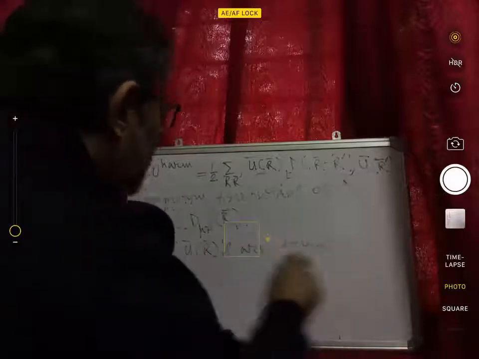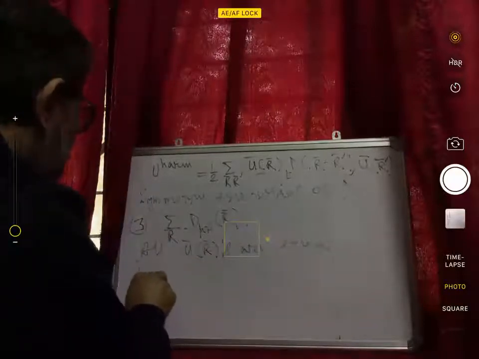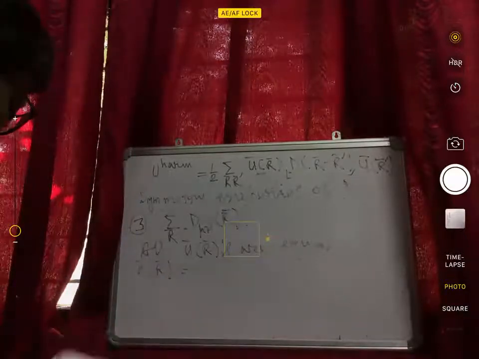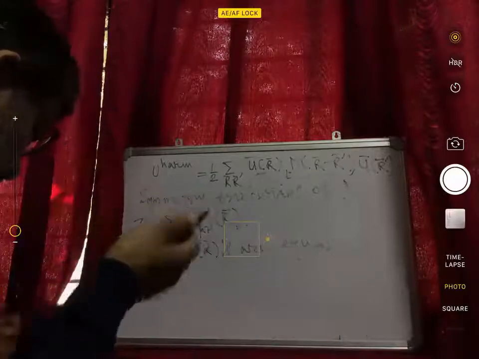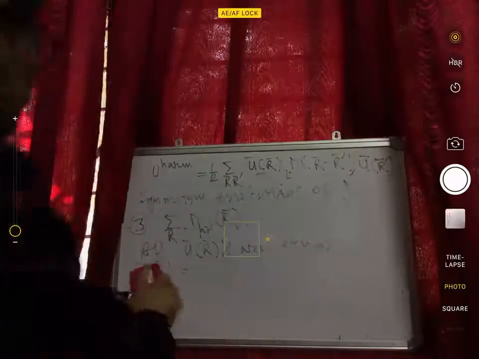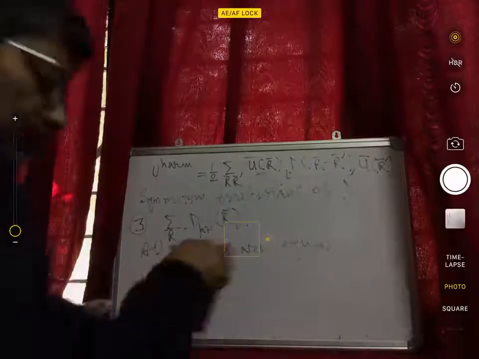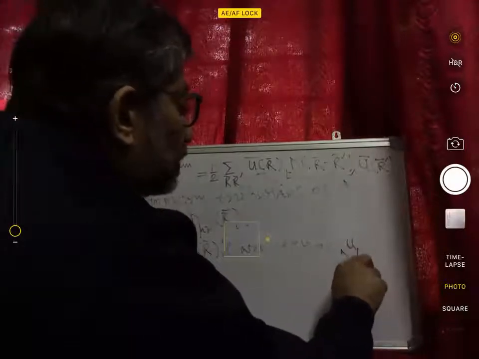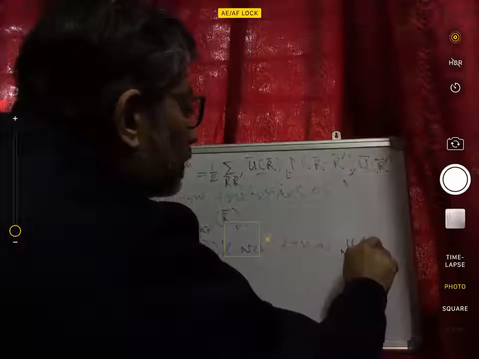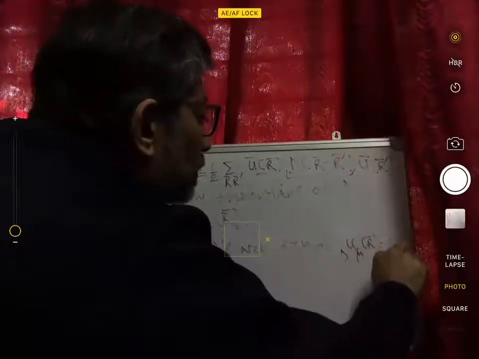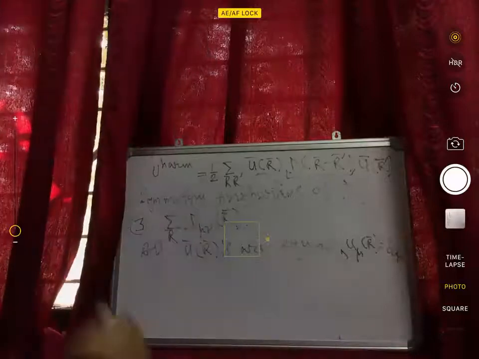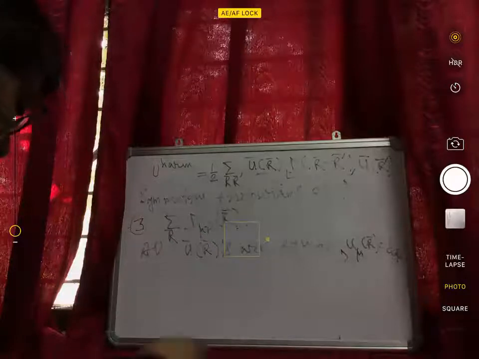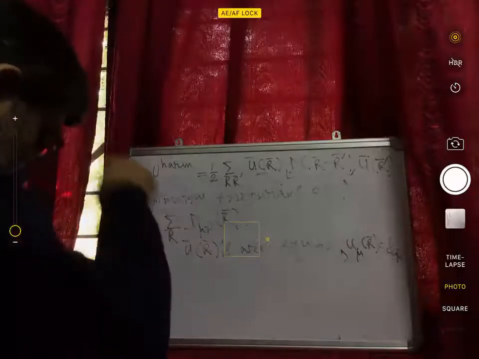And let's say u at any r is a vector whose components are d mu for any r. So then I can write